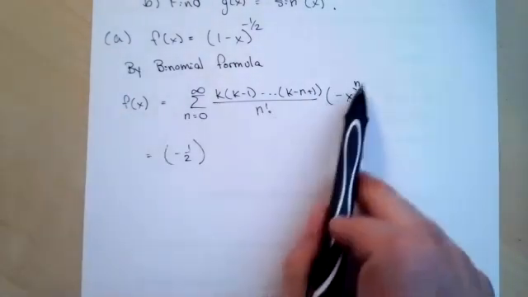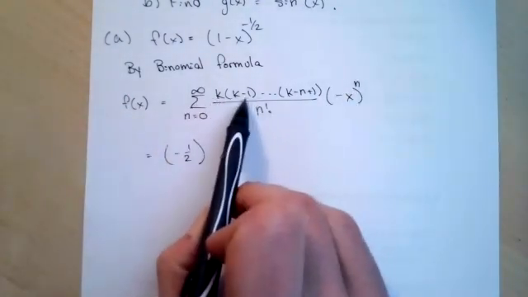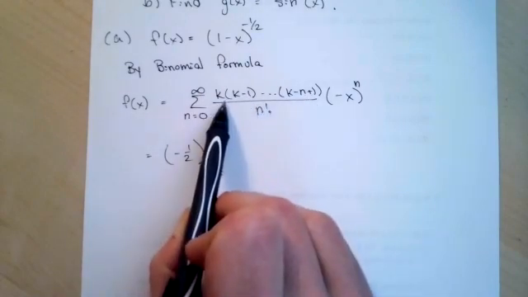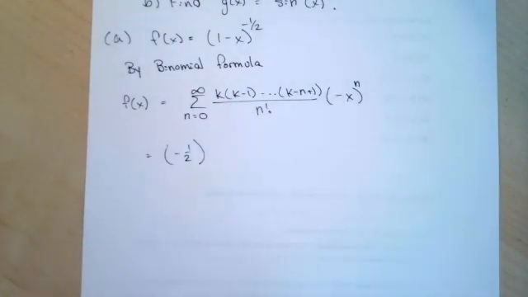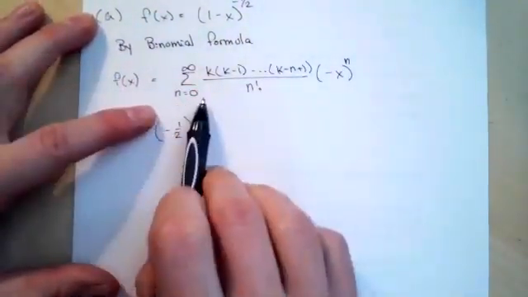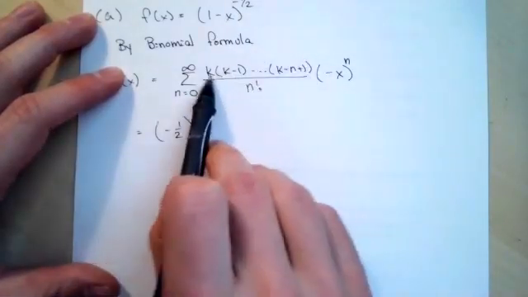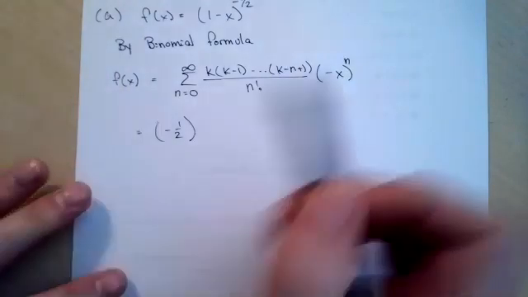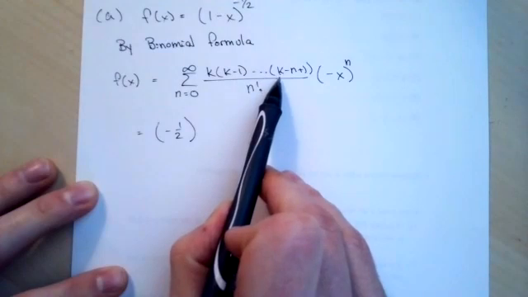Let me check that. So there should be 0, 1, up to n. No, hang on. Our binomial theorem, sorry, I'm confusing our terms here. We want to take a look at when k is equal to 0. So of course the problem with writing it this way is we do have to understand how many derivatives we're taking. So of course if we take n derivatives,